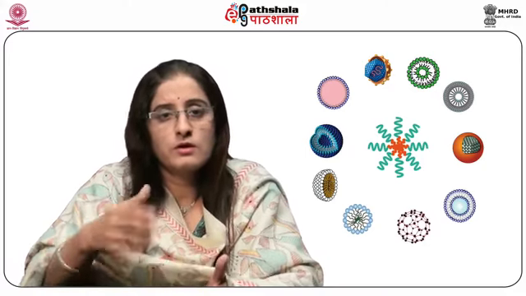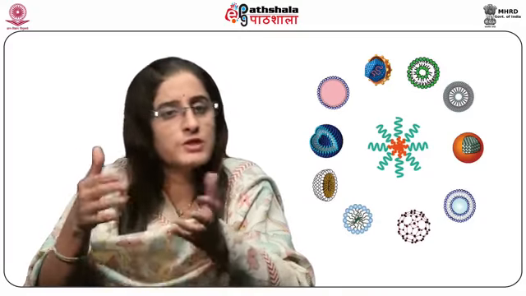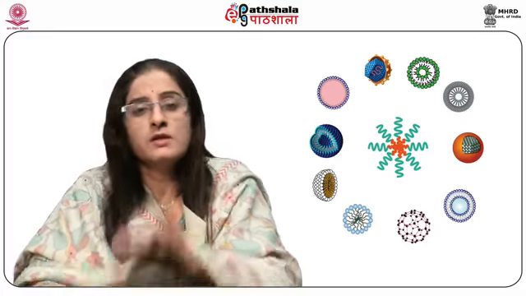Coalescence is again another problem, because in spite of so many precautions, we cannot prevent coalescence of the droplets. Up to a certain extent we can prevent it by putting in a proper concentration of surface active agent, but we generally find coalescence or aggregation of the droplets, and it ultimately leads to creaming, phase separation and breaking of the emulsion. The next disadvantage is swelling and shrinking of the internal droplets, because any change in the internal droplets or dispersed phase globules will ultimately lead to instability of the multiple emulsion system.